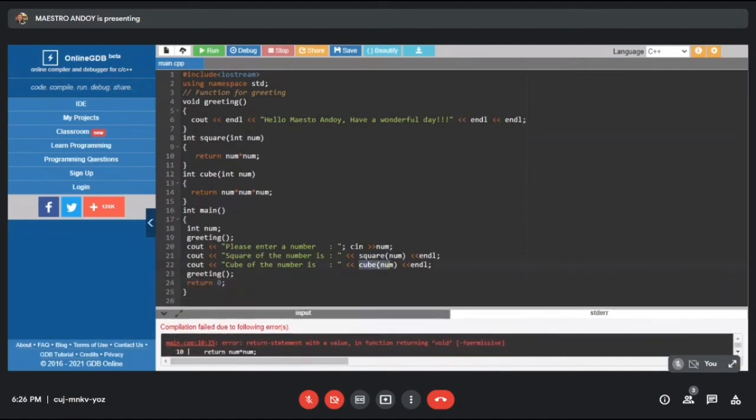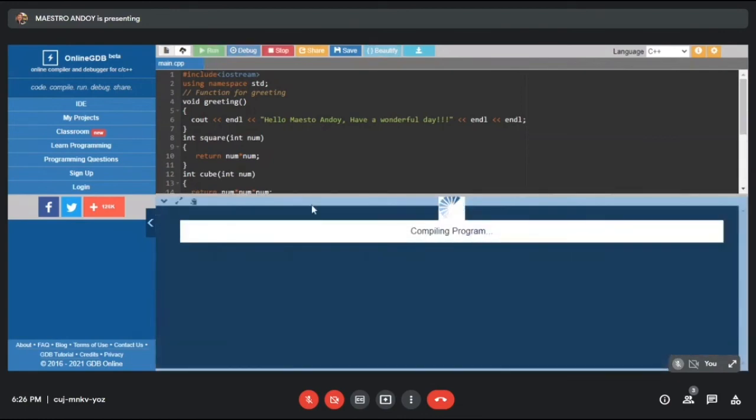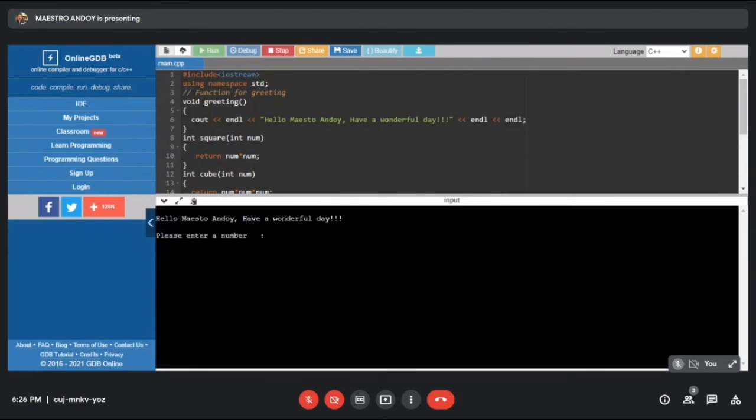Okay? So, tingnan natin kung wala na yung error. Tingnan natin. Tumakbo na siya, no? This time, balik tayo sa 2 para simple lang yung computation natin. Okay, tama yung ating output. For the square is 4. For the cube is 8. Okay? So, this is the solution version number 6 for problem number 1 using user-defined function with parameter and with